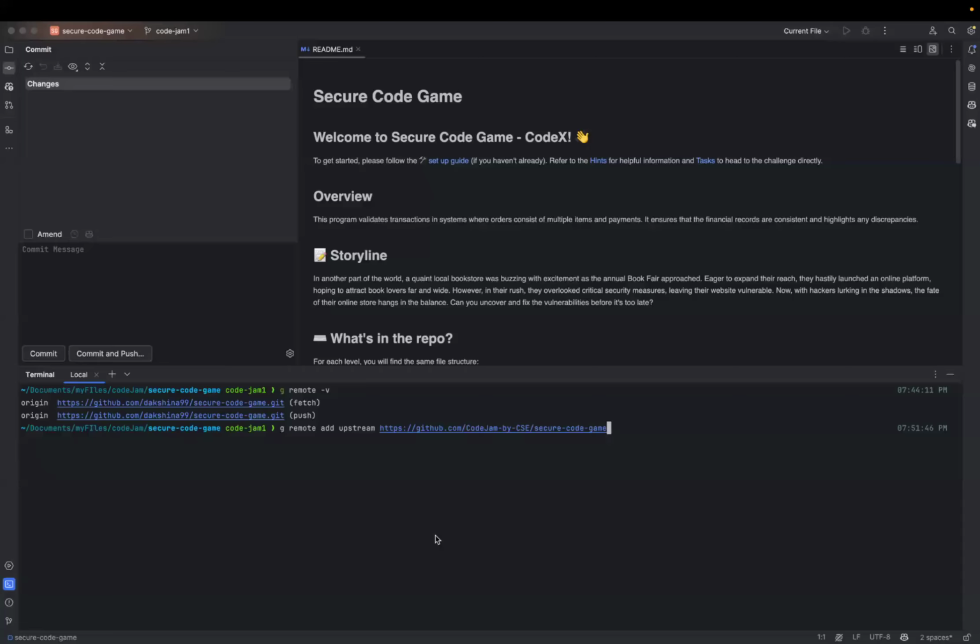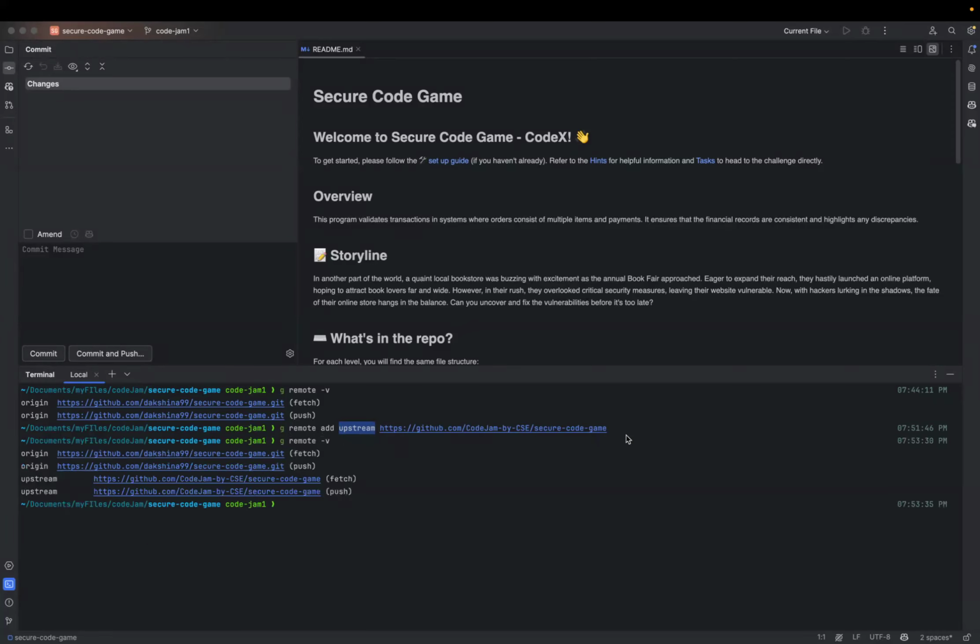So this is the command: git remote add upstream. Here you can use any name, right? If you want to add any name, you can add that name here, and then the https link to the remote repository. So again I will hit git remote -v. Here you can see now we have two remotes, origin and upstream, correctly.